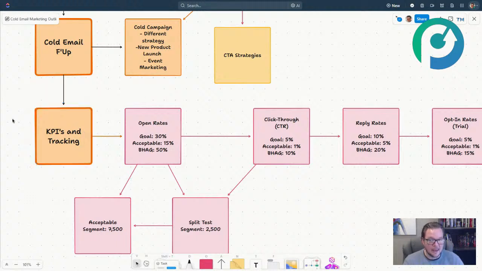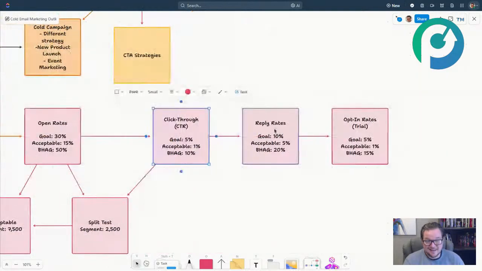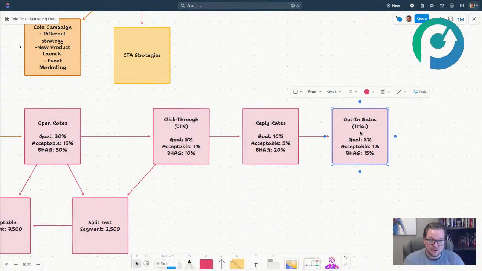This is going, okay, we do 10,000, now we've got 5% that have clicked through. So this would be 500 that have clicked through. If we get 10% to reply, that's 50 replies. If we get 5%, that means we've got 25 people who have opted in for a free trial out of